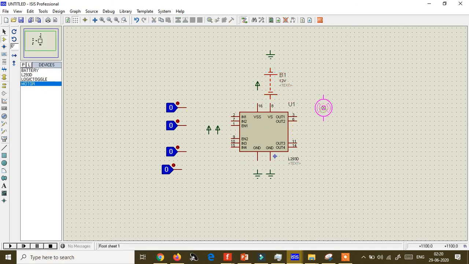Now I'll connect the motors here. Now I'll make the connections.